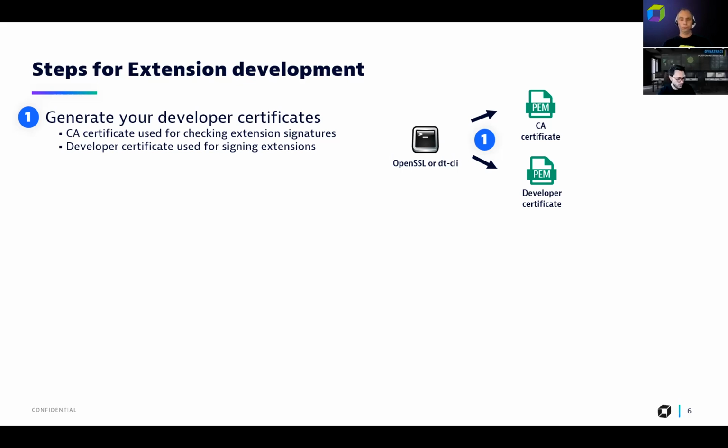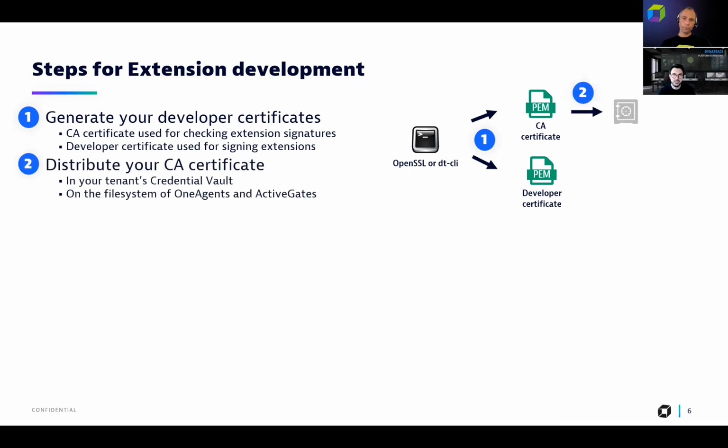different roles. So the CA certificate will have to be uploaded to Dynatrace's credential vault, and also uploaded to the file system of OneAgent and ActiveGates that will run our extensions. It's a file that can be used to verify digital signatures to make sure that they're coming from trusted sources. The developer certificate will be used as we're building our extension to create those digital signatures that go along